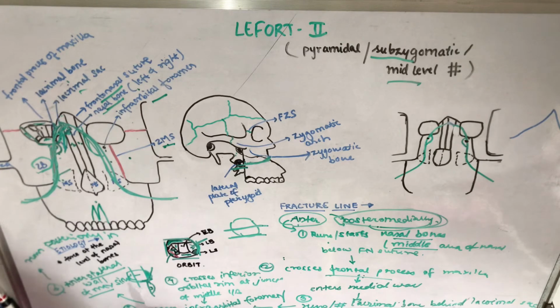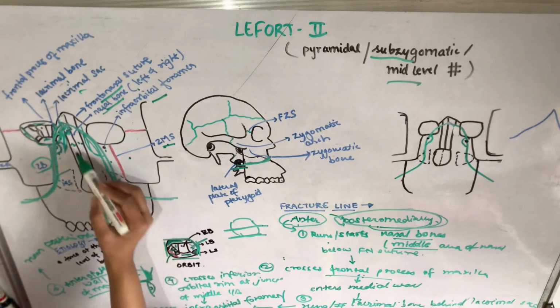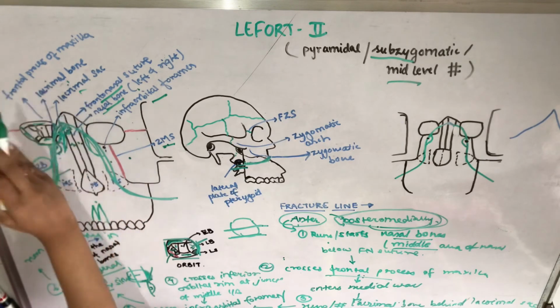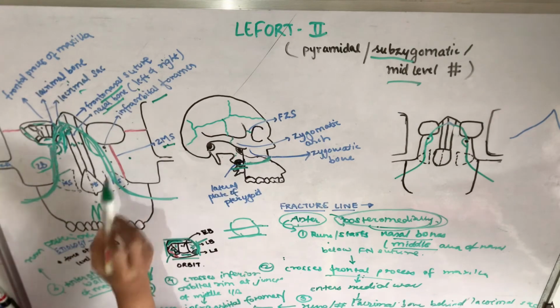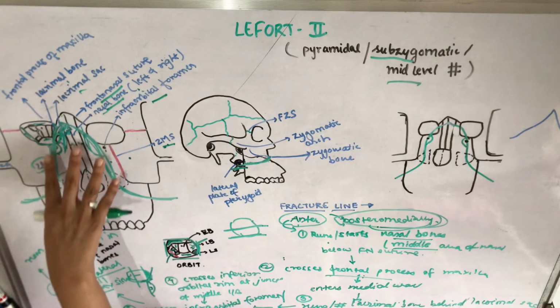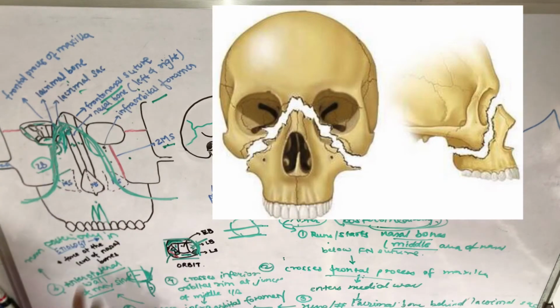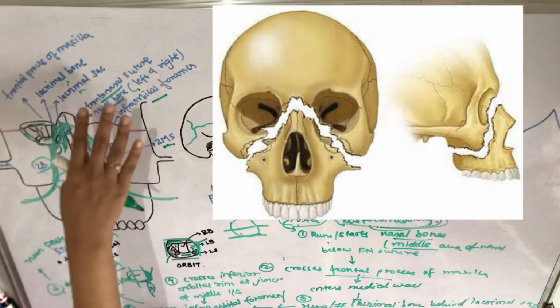But now as the face is a complex structure, you can see combination of Le Fort 2 or Le Fort 1, Le Fort 2 and Le Fort 3. For example, you will find this Le Fort 2 on one side, and you will see Le Fort 1 or Le Fort 3 on the other side. But this is the classical case, so we are just talking about the fracture line in a classical Le Fort case. So this fracture completely separates the middle third from the remaining skull.